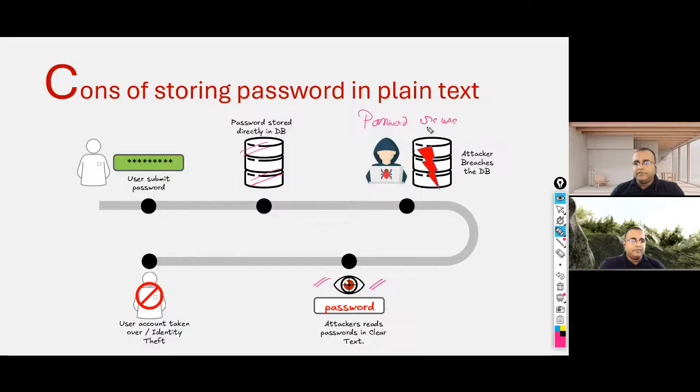reuse, right? Remember, you will be having your Gmail password. How many other places have you used the password that you have set for Gmail or any mail server? How many places have you repeated your passwords? That is going to happen quite a lot. So now this database is also going to have my Gmail ID, because that is one of the ways a lot of companies, application websites, are going to ask for your email ID as the username and password. Then all I have to do is open Gmail and give it a try. That happens a lot.